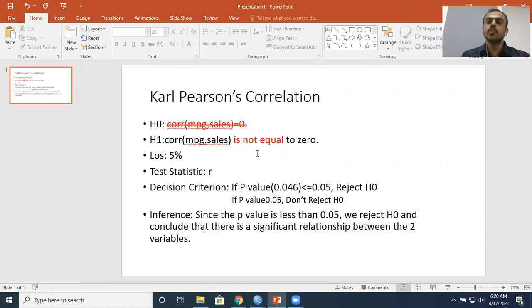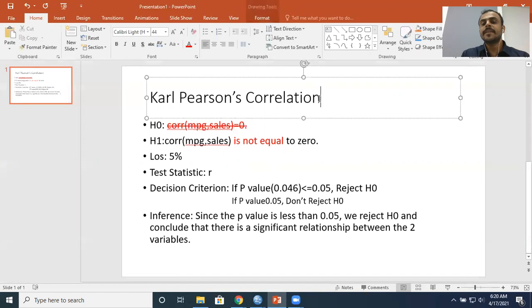When these assumptions are violated, and you still want to look at correlation, what is the other alternative that you have? The other alternative is a non-parametric alternative. Karl Pearson's correlation is a parametric kind of correlation wherein you have certain assumptions. You have to look at the non-parametric alternative when these 4 assumptions do not hold good. What is the non-parametric alternative? That is what is called Spearman's rank correlation. I repeat, Spearman's rank correlation, right?